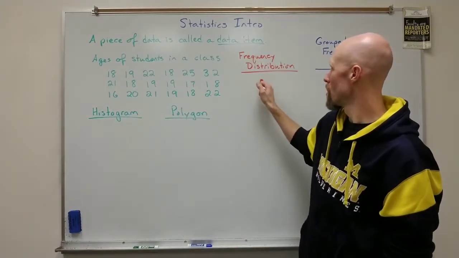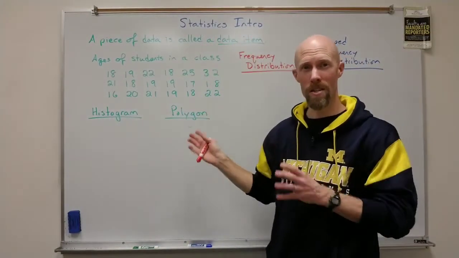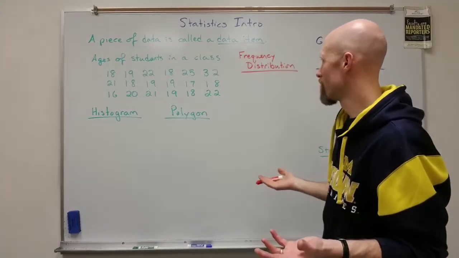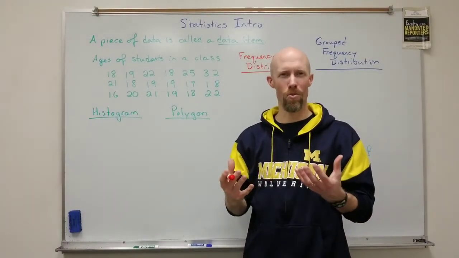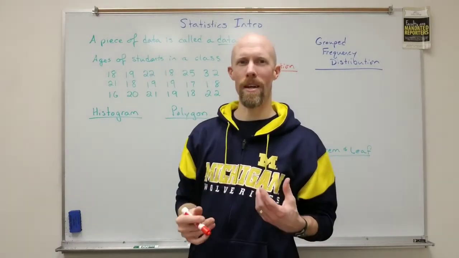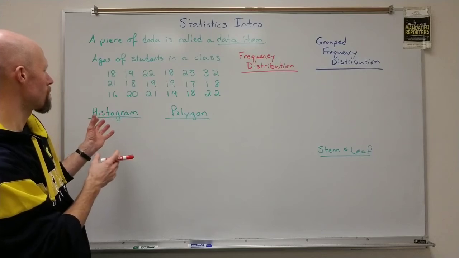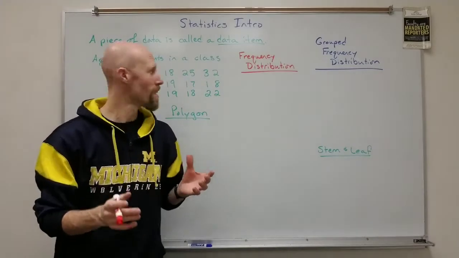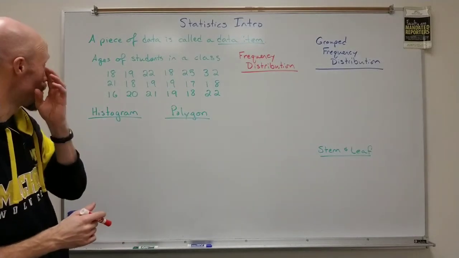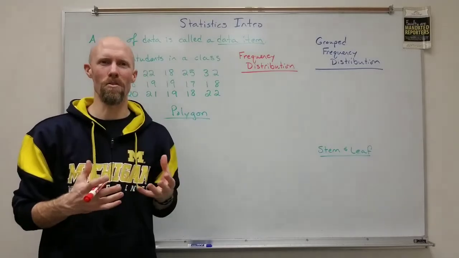Anyway, we're going to look at different ways of representing this data. As it's written, just a list of 18 numbers, it's not really clear. You can't really draw any sort of conclusions or generalizations about that data. It's just a bunch of numbers, right? I mean, you could maybe pick out some characteristics. I see a lot of numbers in the teens there, a few 20s, a 30. So there are just some things you can pick out, but you don't really get a good feel for the